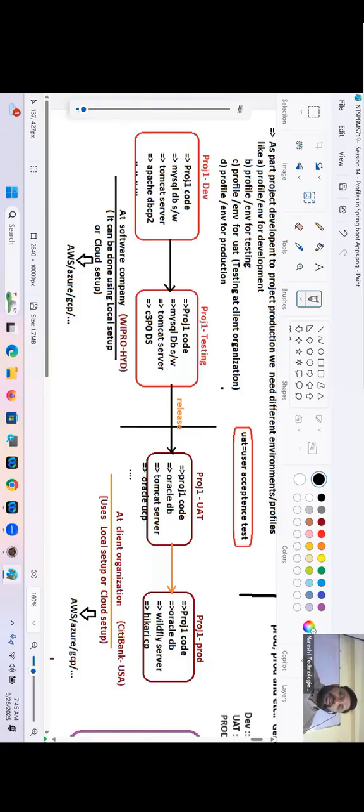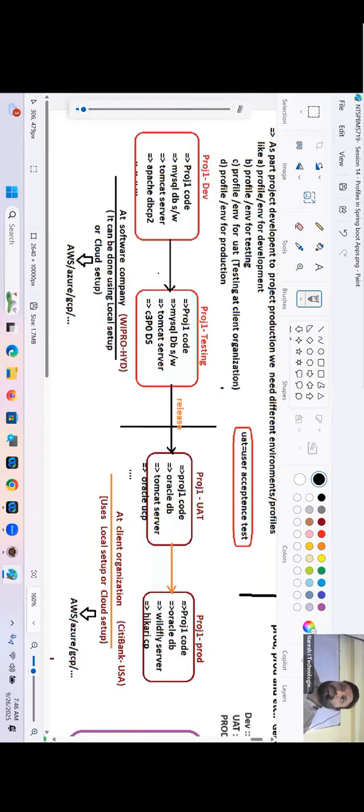Okay, see guys. For one environment's code, we are using MySQL, we are using Tomcat server, and the connection pool is your choice, Apache DBCP. Same thing, the connection pool is changed to C3P0. Same thing, but the database is Oracle, Oracle UCP. Same thing, WildFly server, HikariCP, Oracle DB. Did you notice that, guys? So the project is only one, but I have to keep it ready to work for different profiles.